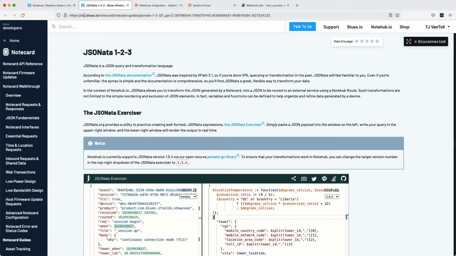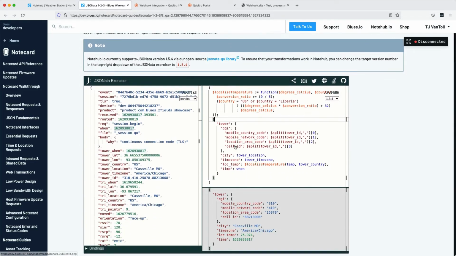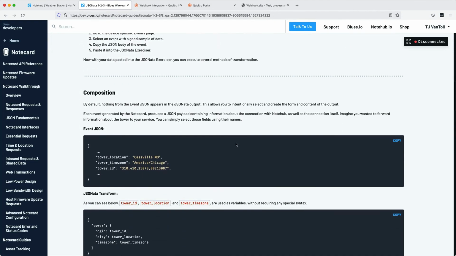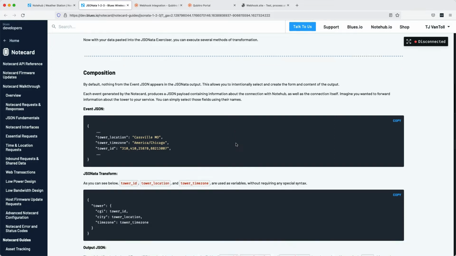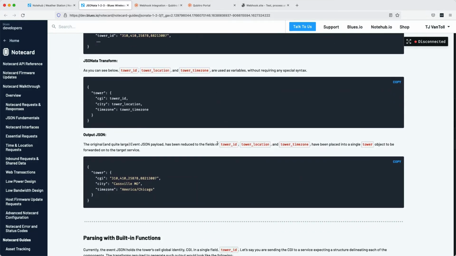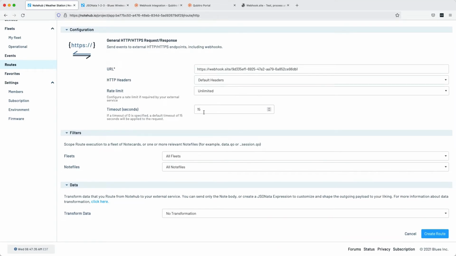On our dev.blues.io site, we have a documentation page, so if you go to dev.blues.io and search JSONata, you can find it for some of the things you can do. But really, it's just a powerful little syntax that can let you take JSON and transform it into different forms, which can help you comply to a data structure that some service you're sending your data to needs. But again, today we're keeping things as simple as possible.